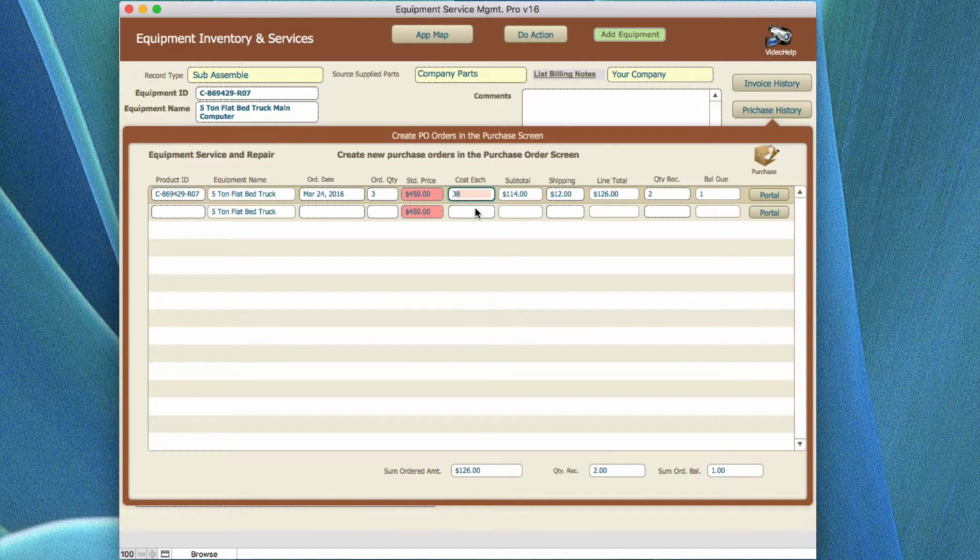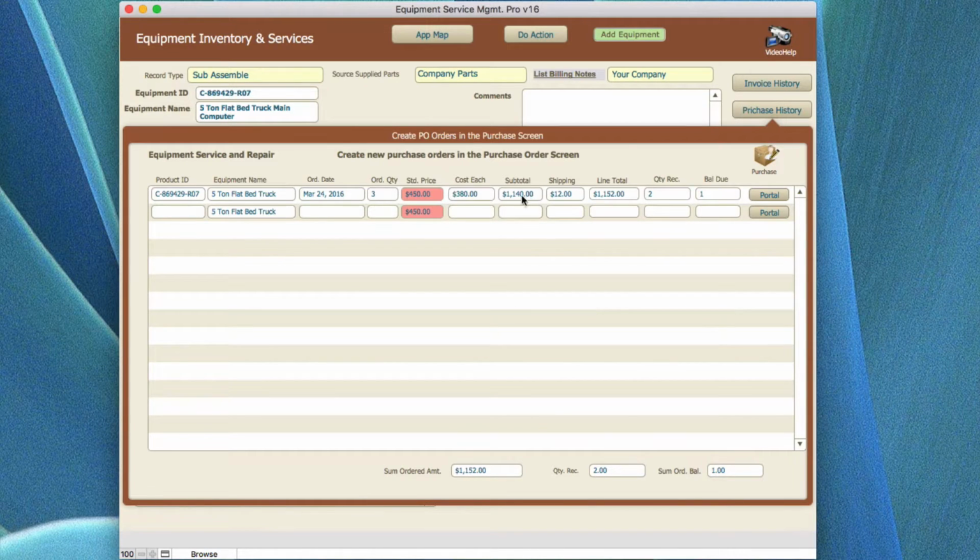Let's say, for example, it's actually $380. And I can change this from here if I had to, and that will change it. Pardon me, that's the actual cost that we're selling it at. I'm sorry, we're actually selling it at a certain price. In this case, it didn't have the right price at $38. So we'll leave $380 in there saying it was discounted, and it gives you the extended cost